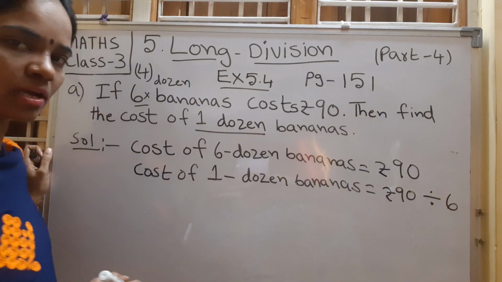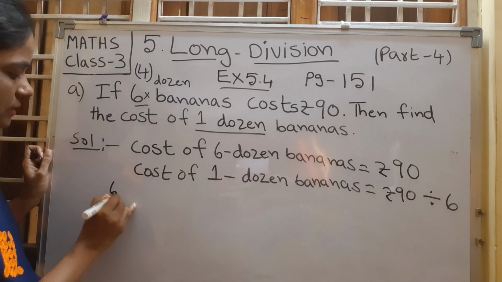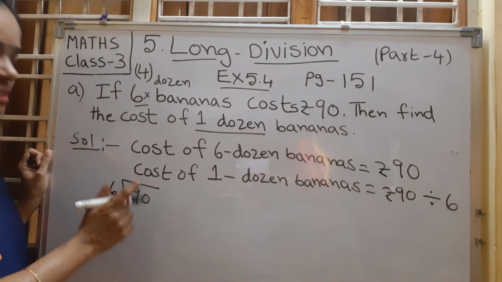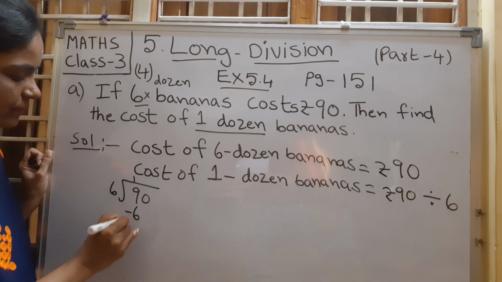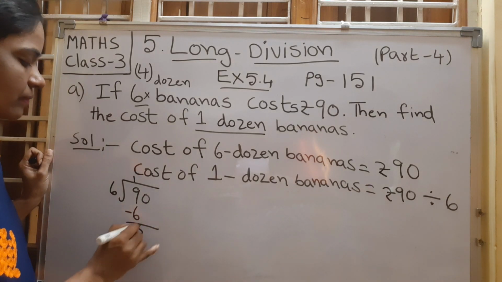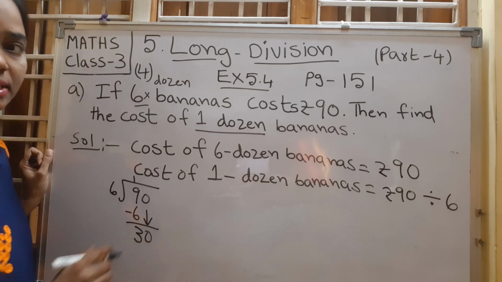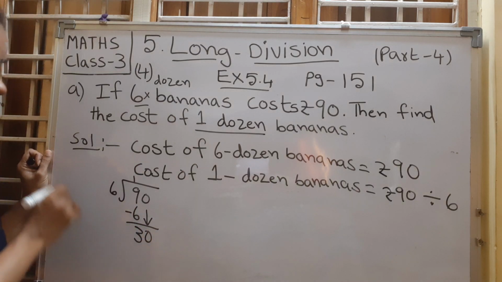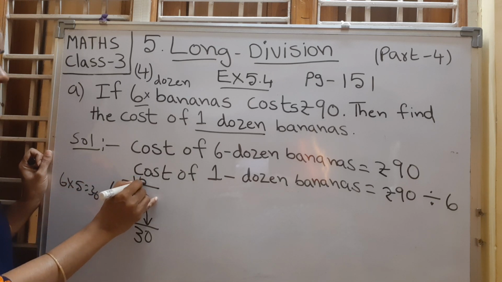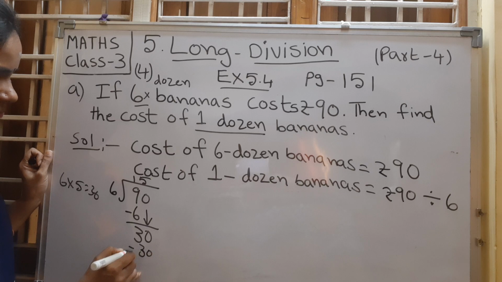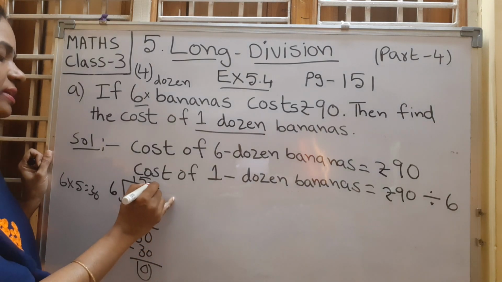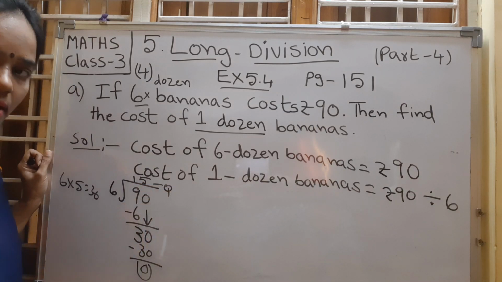Shall we take long division now? Yes, long division. So here, 6 how many times? 6 ones are 6. 9 minus 6, how much, children? Very good, 3. And bring down 0, it becomes 30 now. In the 6 table, when do you get 30? Yes, 6 fives are 30. So up write down 5, down write down 30. Now 30 minus 30, how much, children? 0. So what is the answer? How many rupees? Quotient is the answer always now.